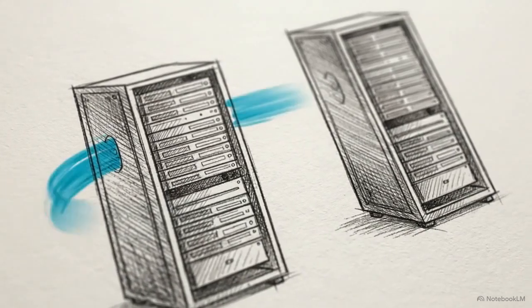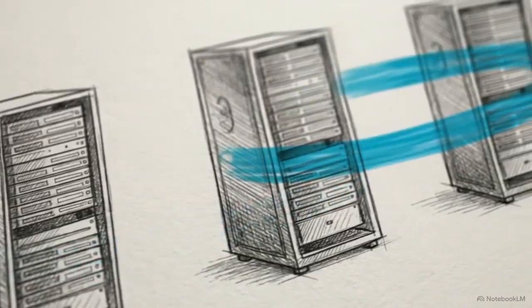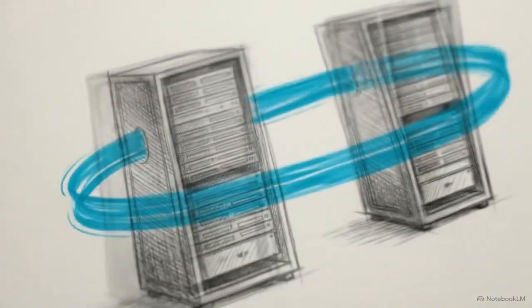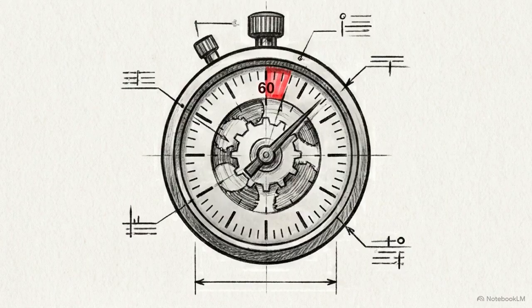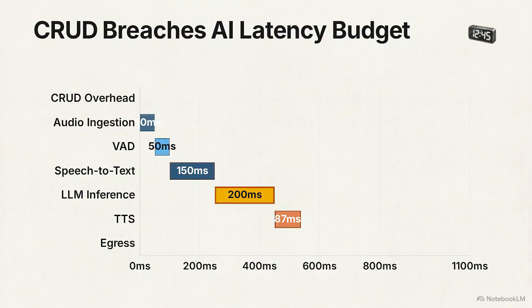For an AI to feel truly conversational, the system must process audio and return a response faster than the human brain perceives a delay. This creates a strict mathematical limit, a total loop time from ingestion to response of under 800 milliseconds. This 800 millisecond budget is shared across 6 distinct stages: audio ingestion, voice activity detection, speech-to-text, LLM inference,